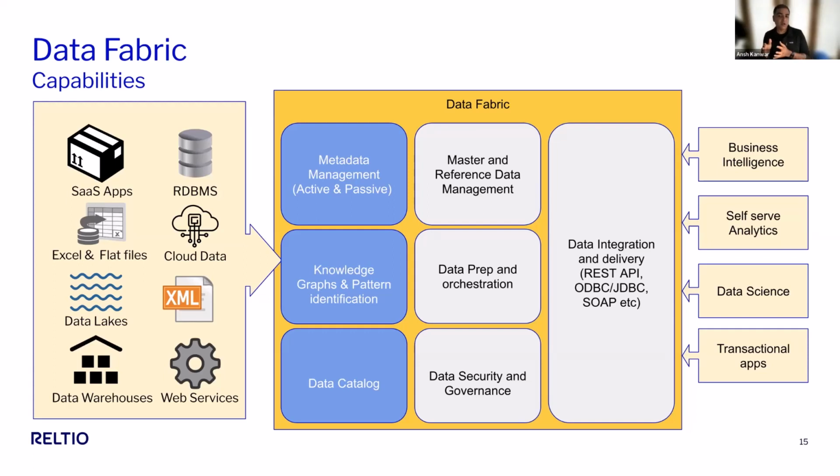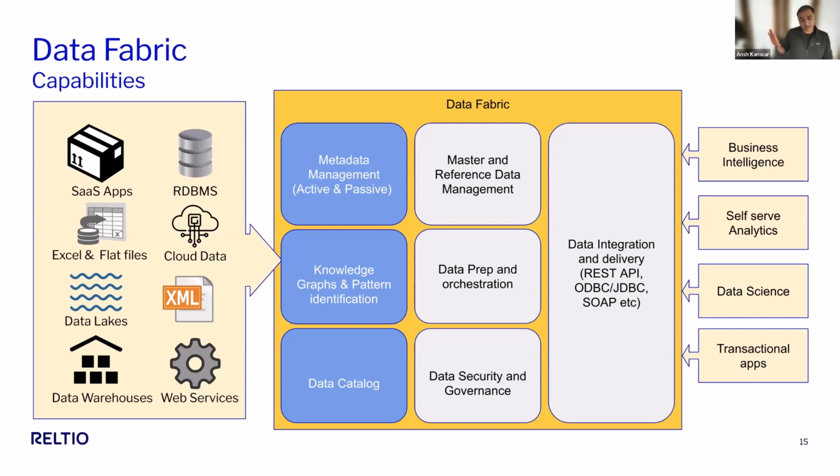Other parts of the data fabric are the things that we're more familiar with, such as master and reference data management, right? The need for that clean connected data, that doesn't go away. The need for loading data in certain scenarios, although it's metadata that we're talking about now, right? That data prep and orchestration, that still exists. For certain variations of the data fabric, they'll actually cache some of this data within the fabric. And so it becomes sort of this hybrid solution. And then, of course, security and governance, right?